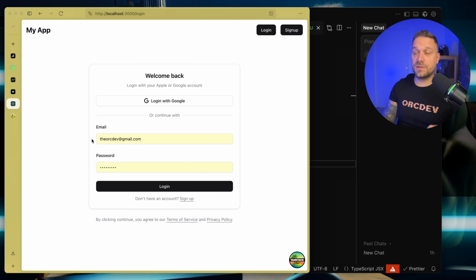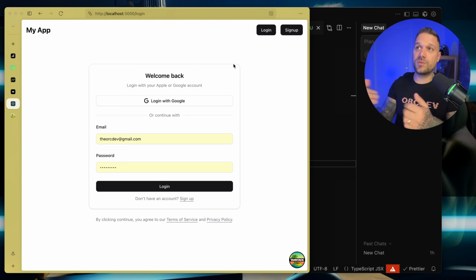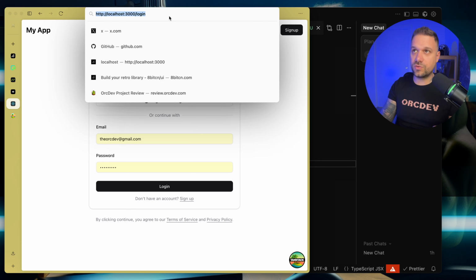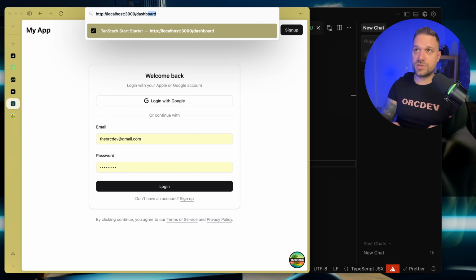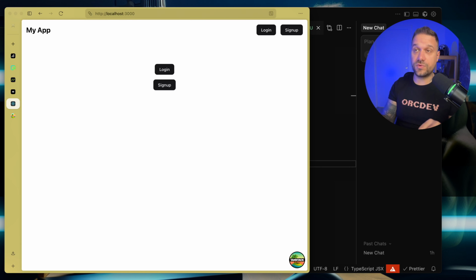Awesome. And let's try out now our login. So we have here my email and password. That one was remembered. And if I log in, we are successfully logged in and we are going to our dashboard page. So our authentication is working. Now, if I log out, going back to the login, and if I try to go to the dashboard page, I'm being redirected again to the login, so everything is working properly